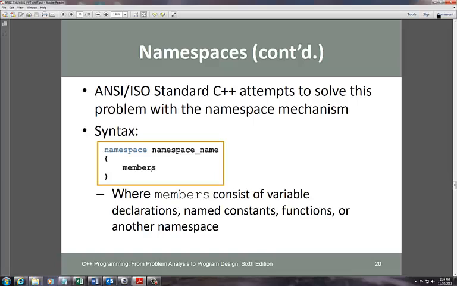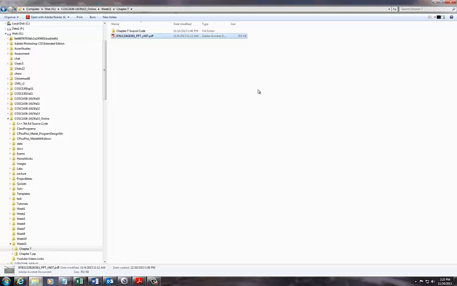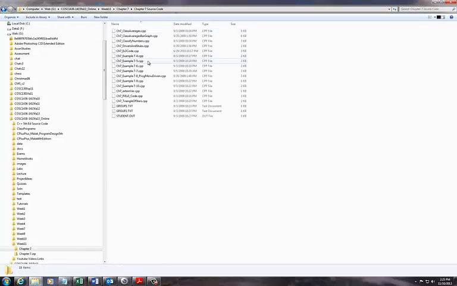Okay, between my using namespace with it. So I can actually have namespace, namespace underscore name, all my variables, all my members contained in here. Well, later on, what you're going to see is, for example, if you pull up the code that I gave you in example 7-8, if you look at 7-8, okay,